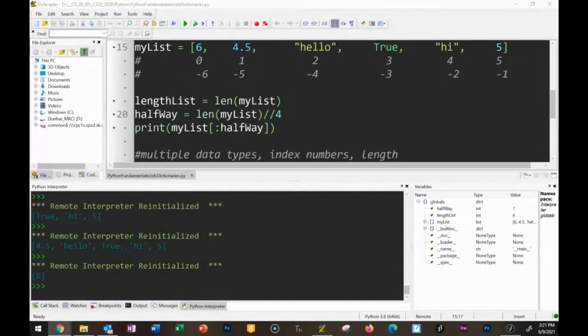By dividing the length by 4, 6 divided by 4 is 1 point something, so it drops off the point something, and it says, all right, I'm going to start at 0, because you told me to, right here, and then I'm going to stop at 1, which means I stop here, but I don't actually print out 4.5, which means the only thing I printed out was 6. If you divided it by 3, you'd get a few more numbers. Now you'd get 6 and 4.5, and it would stop at 2 because 6 divided by 3 is 2, so it would stop before it printed hello. So string slicing is extremely important